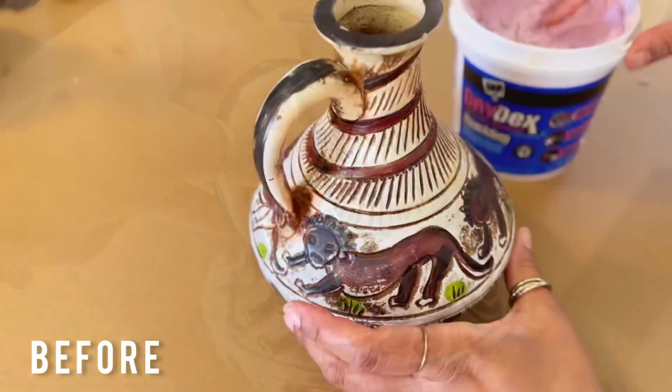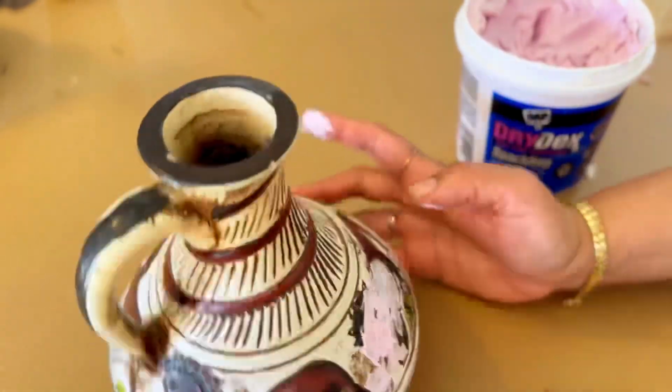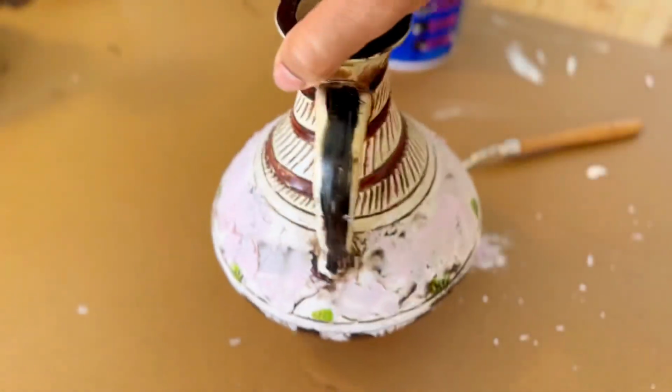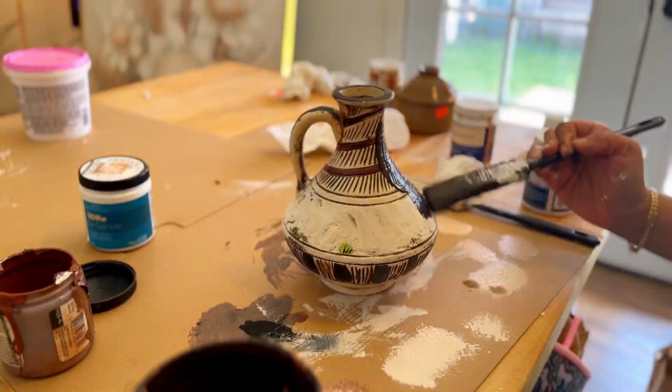I love that it has a handle. It was only $10, and I love the shape of it. I kind of liked the color, but not the little green spots. And then the more I looked at it, the lions kind of bothered me too. So I just decided to grab some putty and patch over the lions